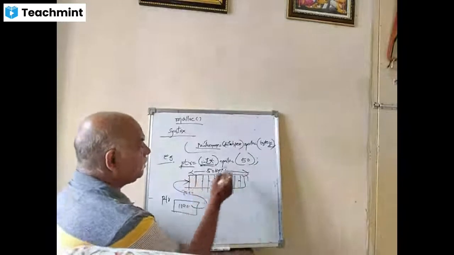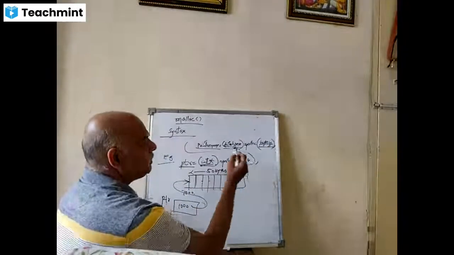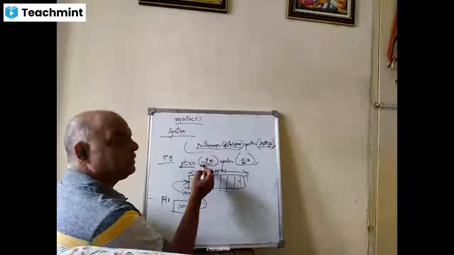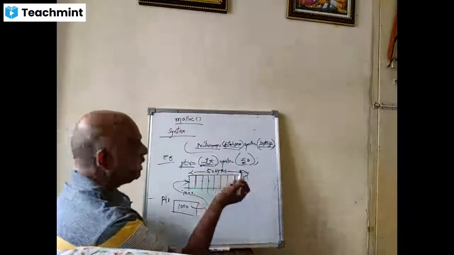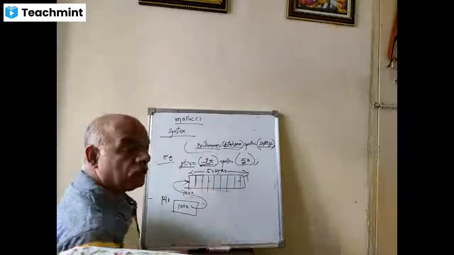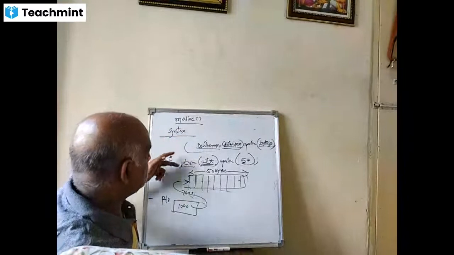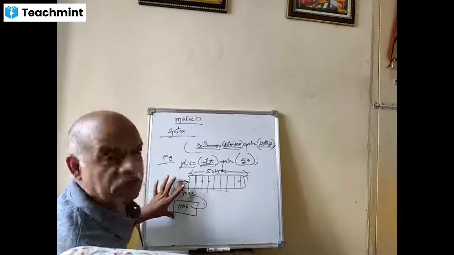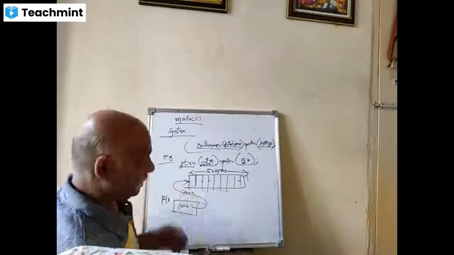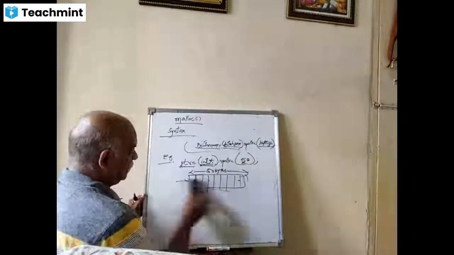Size of the block is 50. So this is the byte size of the block. Data type is any basic data type. It may be integer, it may be float, it may be character. Pointer name is PTR. It points to the first byte of the block. So this is the syntax. This is the example. And this is the diagrammatic explanation you have to write. We will consider one more example.